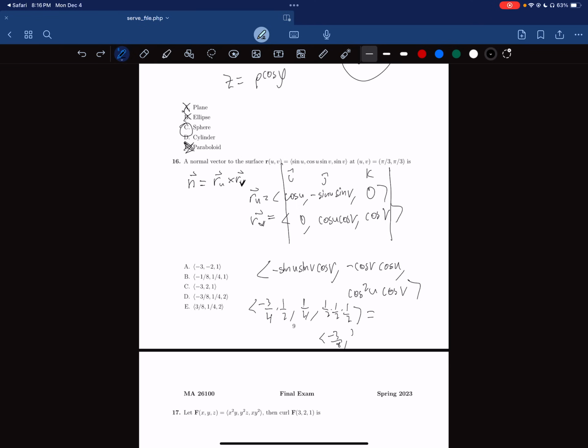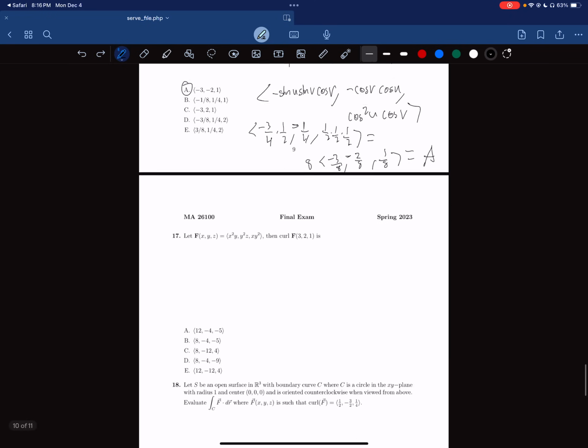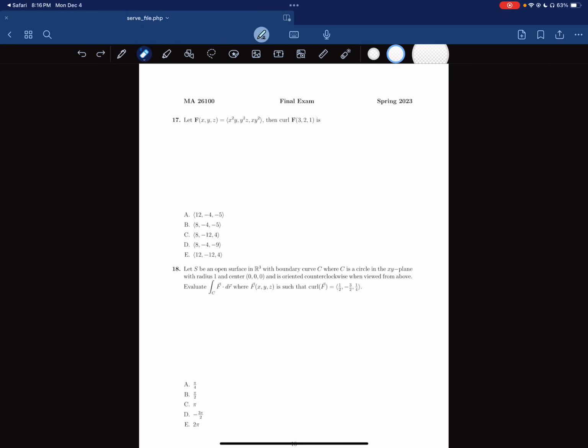2 over 8, negative, or 2 over 8. Yep, that is actually negative. I forgot to carry that negative through. And, of course, 1 over 8. And if we look at the answers, they look like they don't have the over 8, like it was just multiplied by 8. And that is just our A answer here, because we just take these, and that is negative 3, negative 2, 1, or A. All right, number 17,